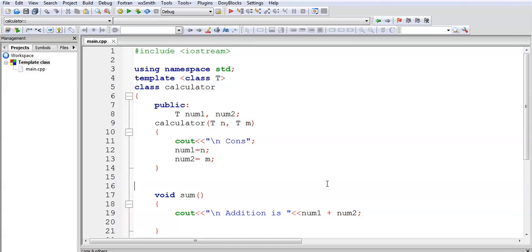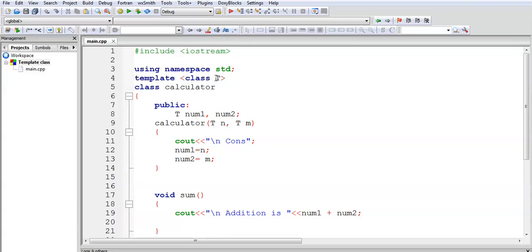So now, can we use this template on our class also, or can we use it on a constructor? Yes, obviously we can use it, because this template is nothing but one container. In the parameterized constructor we pass parameters, so there also we need to specify the data type of the parameters, right? It's a simple one. We use the template keyword, then class T. Here T is nothing but the placeholder of our template.